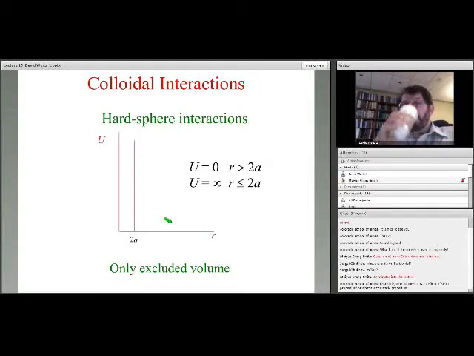Okay, so back to this slide. Here the interactions are shown in this plot. There is a very strong repulsive interaction. On these plots, I'm plotting the interaction energy as a function of the particle separation. By particle separation R, I mean the center-to-center separation between two particles. And two particles can come until they just touch each other, so they're separated by 2 times the radius, or the diameter of the particle, 1 radius for each particle, and then there's an infinite repulsive barrier because they just can't